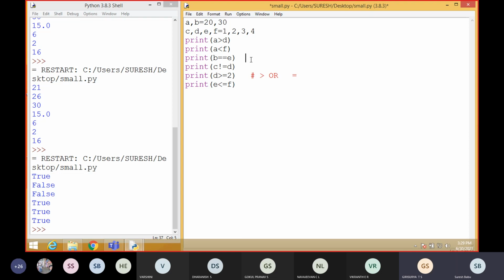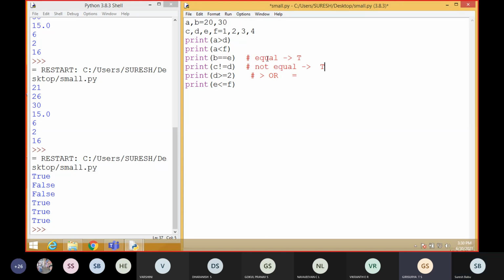But this statement is not-equal checking. Here, both the left side and right side values being not equal returns true. Understood? Here not equal means true.